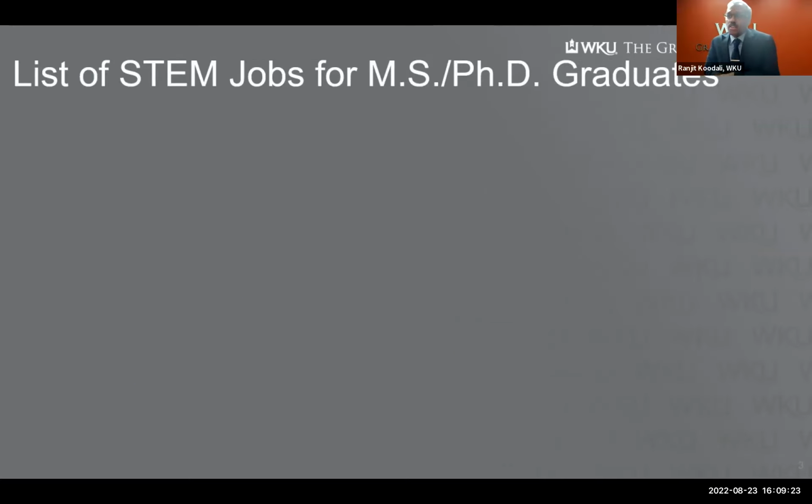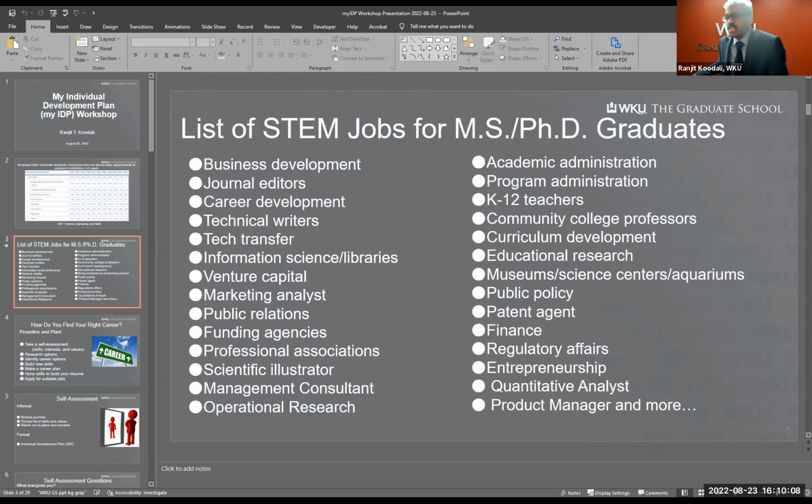So here is a slide that is blank for now, and I ask for feedback from students, and you may please post your comments in the chat feature. I just want to get a perspective of what your understanding is for jobs for either master's students or PhD students. So if you could take a couple of minutes and list science, technology, engineering, and math jobs that are available for master's and PhD students, and the type of industry that they will work in, I would deeply appreciate it. So I'll pause here for a couple of minutes, and I will await some comments in the chat feature